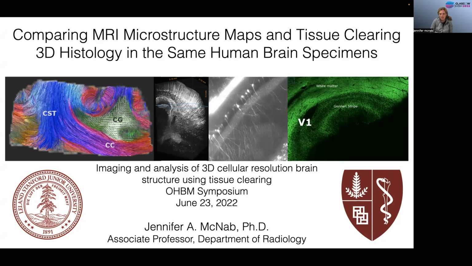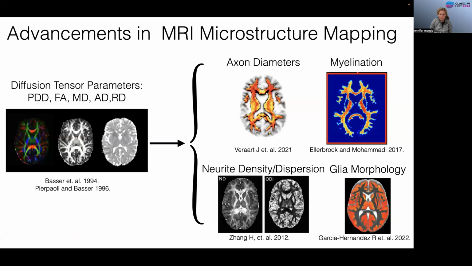I'm an associate professor at Stanford University, and I'd like to thank the organizers for the invitation to be a part of this session. I'll be speaking today about comparing MRI microstructure maps and tissue clearing 3D histology in the same human brain specimens. The development of MRI methods for mapping properties of tissue microstructure continues to be an extremely